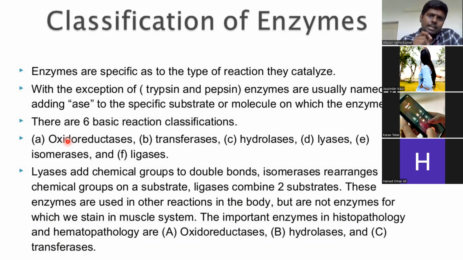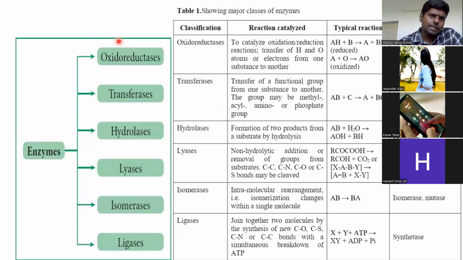Okay, now let us see the enzymatic activity on substrate and how they are classified. So, classification of enzymes. Enzymes have been classified into 6 categories. So the 6 categories are,